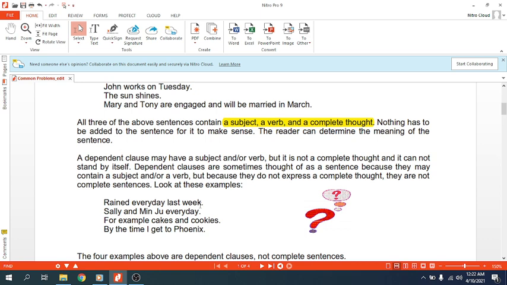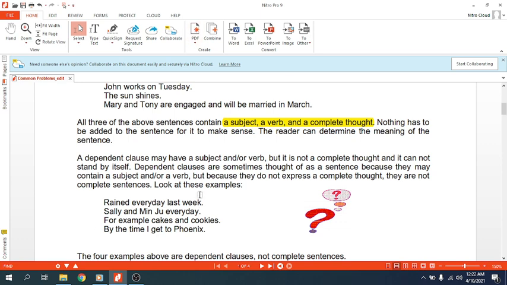Gitu ya. Kalau kita ngomong bahasa Indonesia kan kadang subjeknya kayak hilang aja gitu ya. But then if you write in English, if you have this kind of way of thinking, cara berpikir ya, bahaya karena kamu berpikirnya pola kalimat bahasa Indonesia, sedangkan when you write in English you have to think as an English speaker, ya.